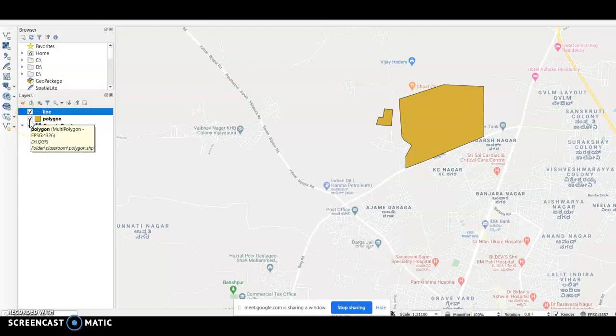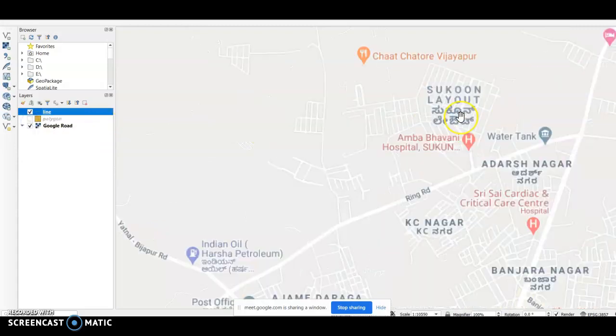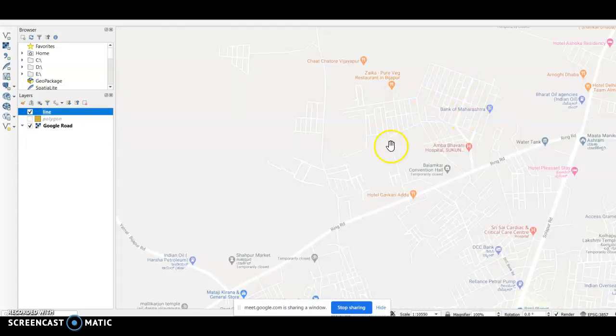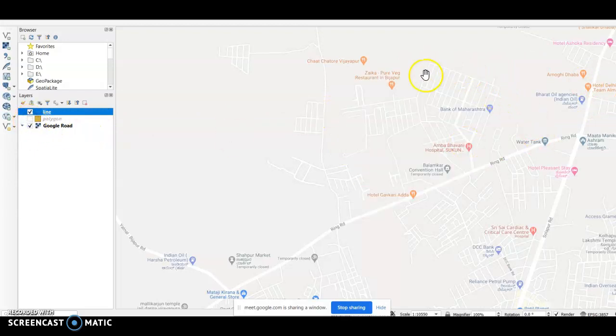So what you do here is I'll just uncheck this. This is a tick mark here. I'll just click on that so that you can eliminate that polygon. Now the polygon is not visible to you. If you click here again, then the polygon will come back. Right now I do not have a reference of the roads of this Sukun. If I click over here, this polygon will obstruct me from drawing the roads which already exist. So that's why I'll uncheck it, so that I can see these roads which are there in the Sukun layout.